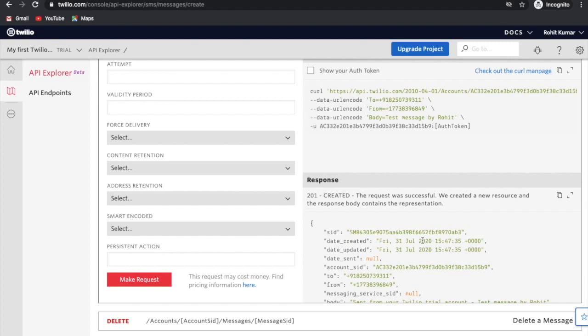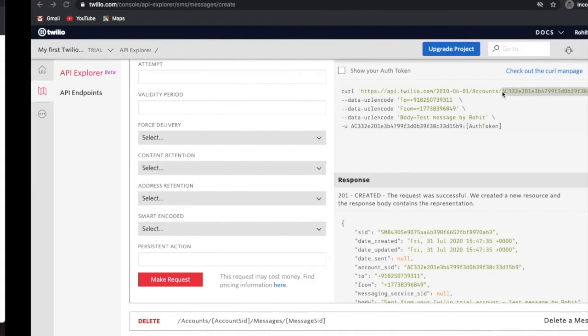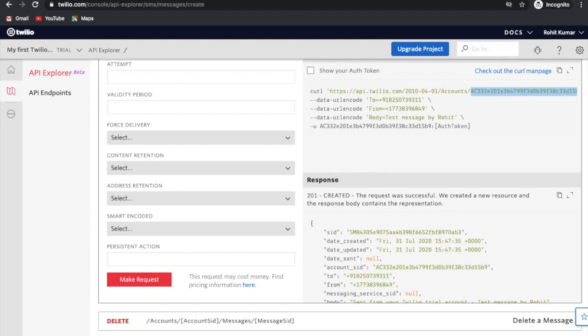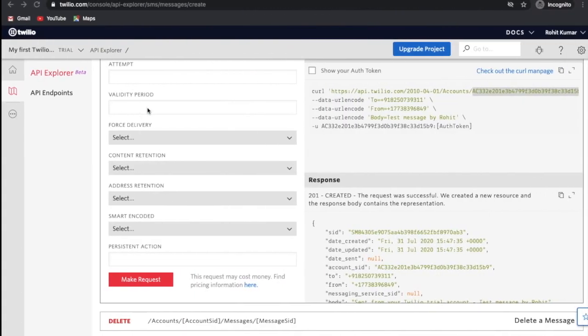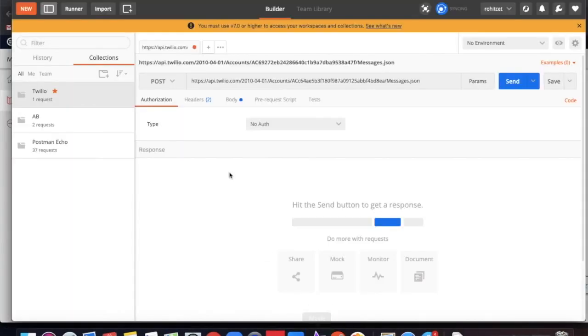Now I am going to use this API from Postman. First of all, I need to copy this one. This is the app ID, and going to that, in this Postman I am going to put my number here.